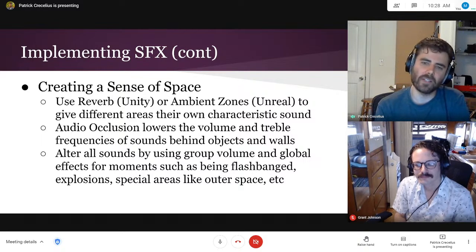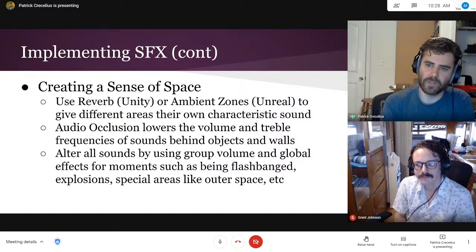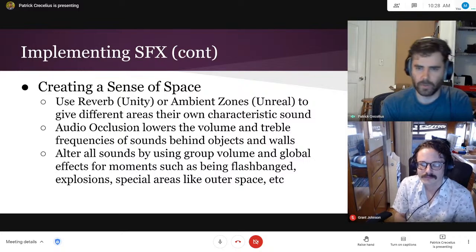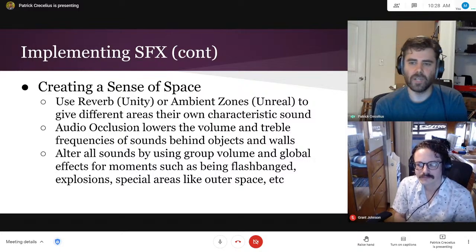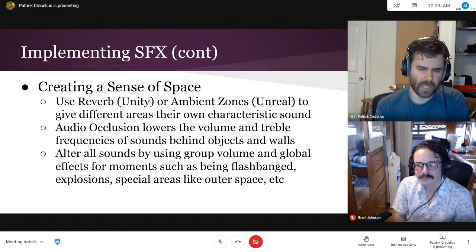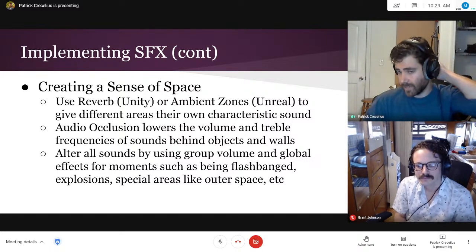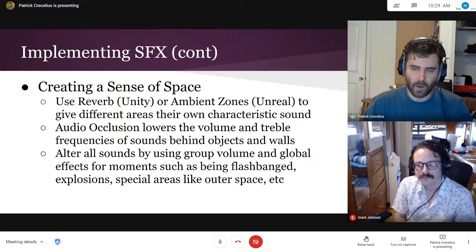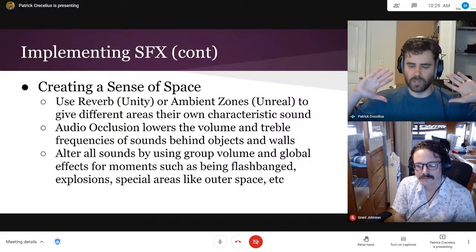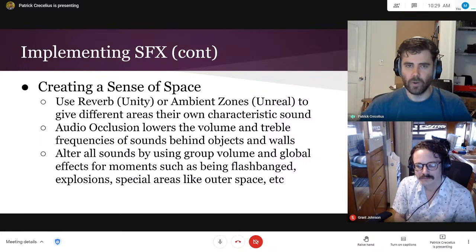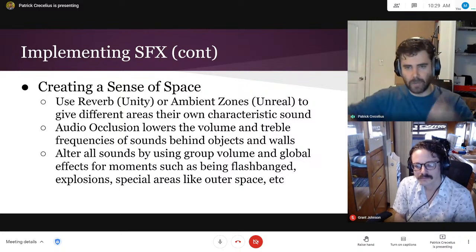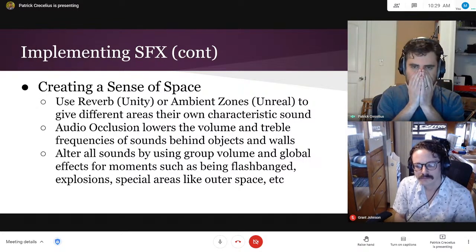You can alter all sounds by using group volume and global effects for moments such as being flashbanged, explosions, special areas like outer space, etc. So for example, in Borderlands, was it the prequel maybe? You go in outer space a lot, or you're outside in space a lot. And what happens is all the sounds basically get the treble reduced. So like in Unity, it's going through an audio group in their built-in audio mixer, and all the treble is just being cut out. So instead of sounding like this,